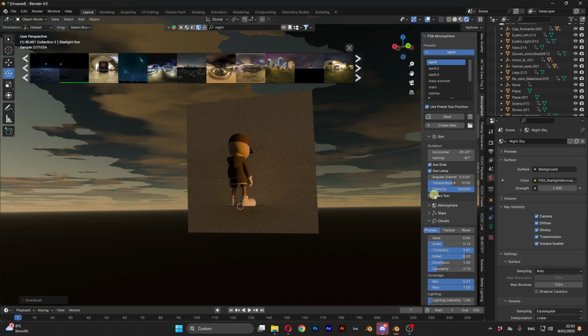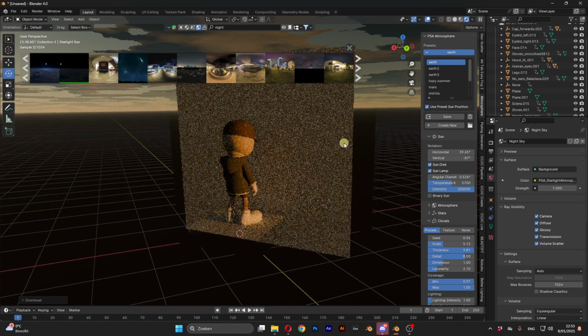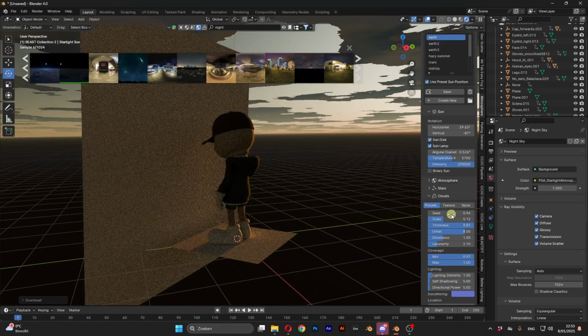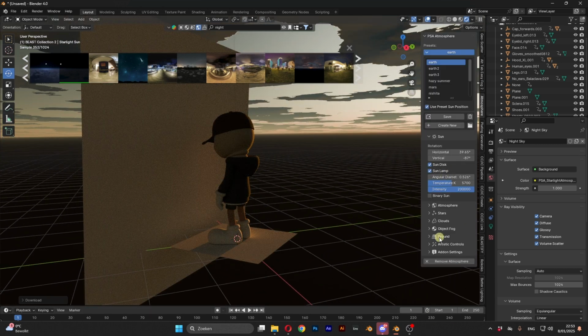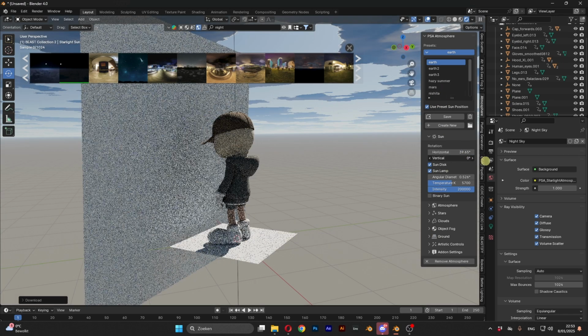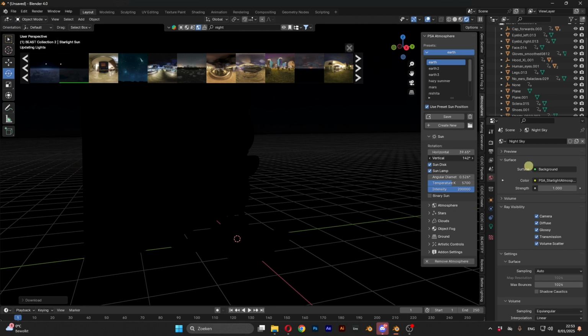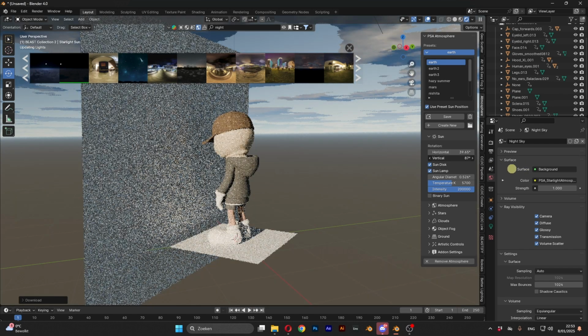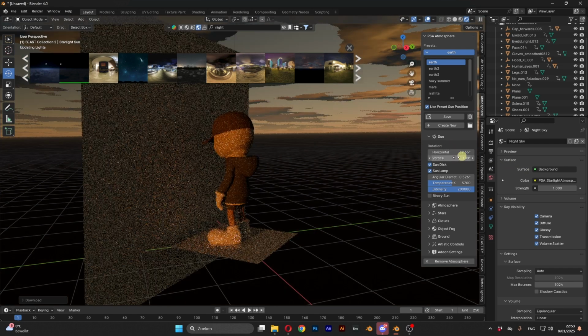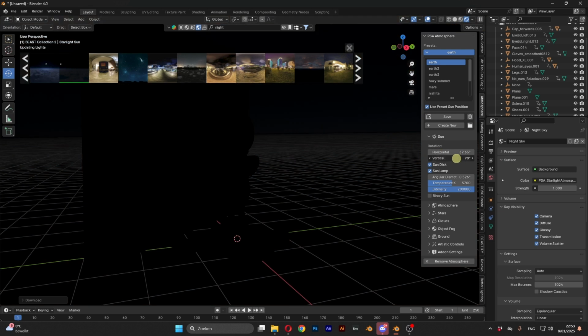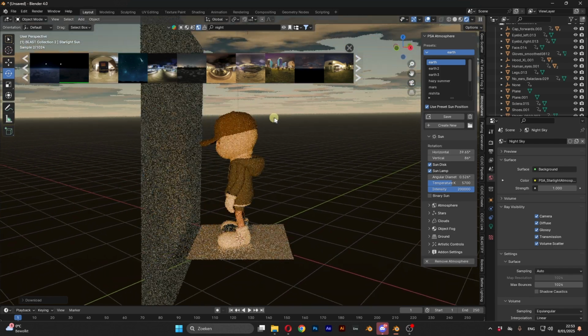You can do a lot with this plugin if you know how to use it, and if you just play around with it for a little while, it's going to be a very fun plugin to work with. Just be aware that it costs some money, but that's a great way to also add a vibe to your scenes. And if you're not sure about the vibe you're going for,